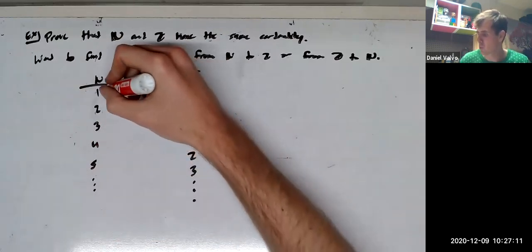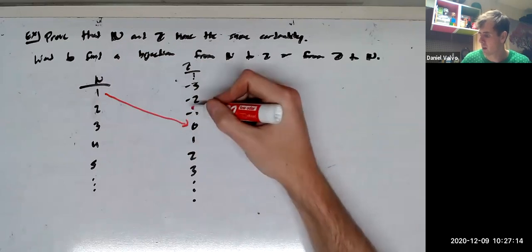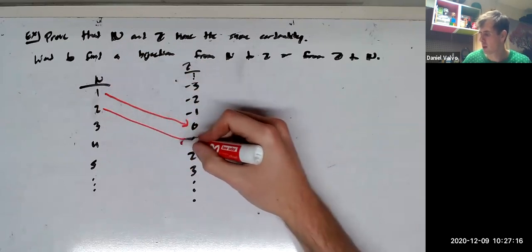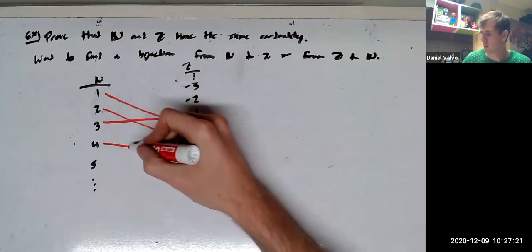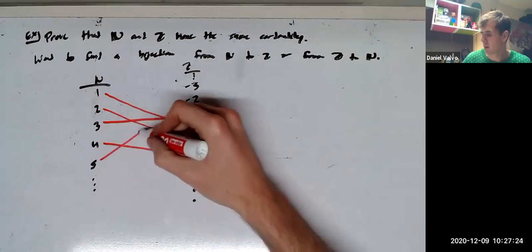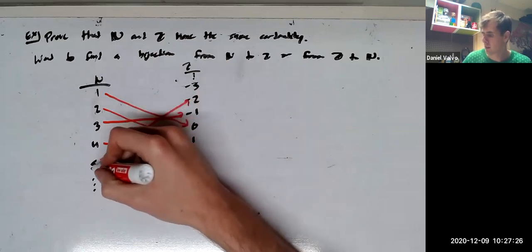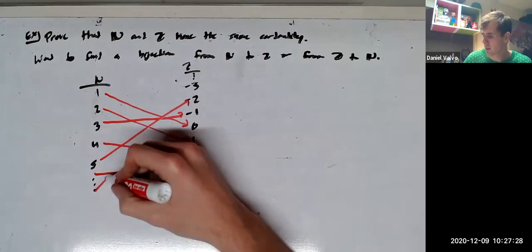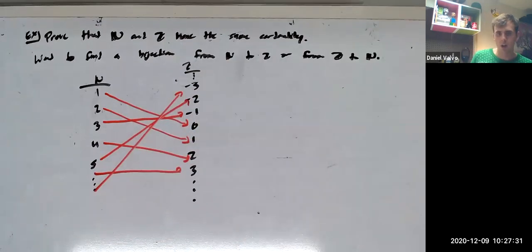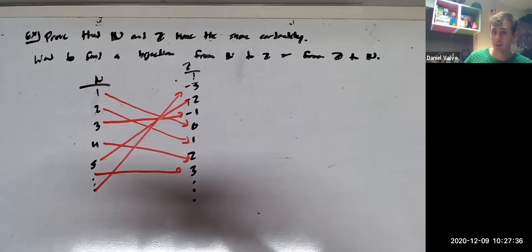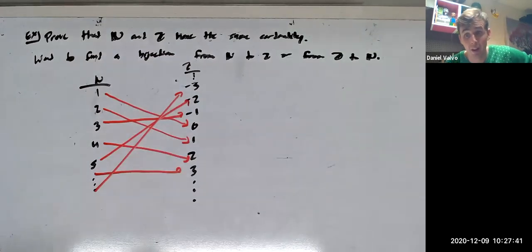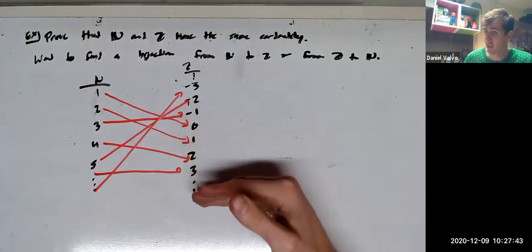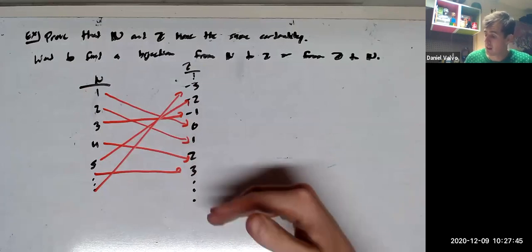I'm saying I think we should send 1 to 0, 2 to 1, 3 to -1, 4 to 2, 5 to -2, 6 is going to go to 3, 7 to -3, and on and on like that. 8 to 4, 9 to -4, 10 to 5, 11 to -5, and on and on like that, right? And that should eventually go down the line and hit every positive integer, and go down the line and hit every